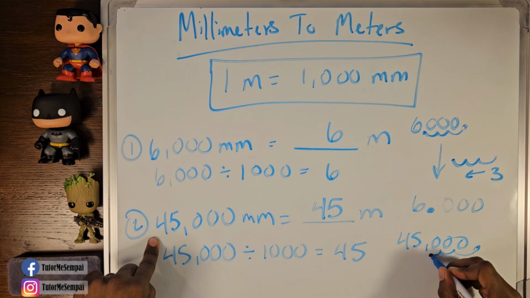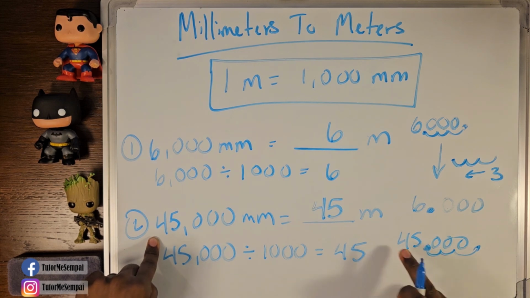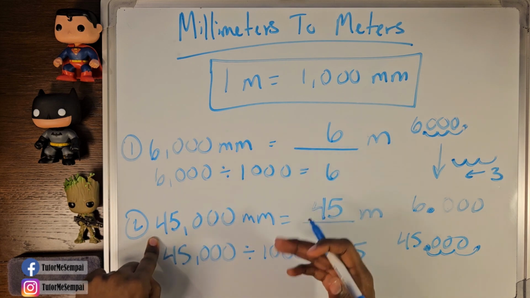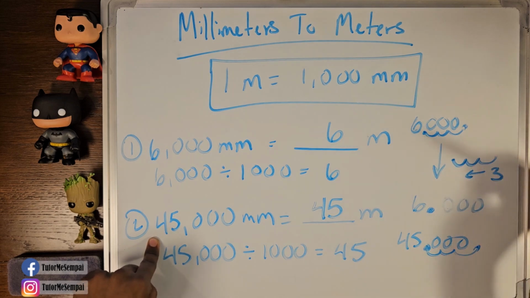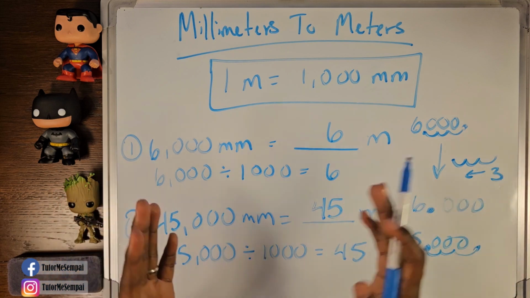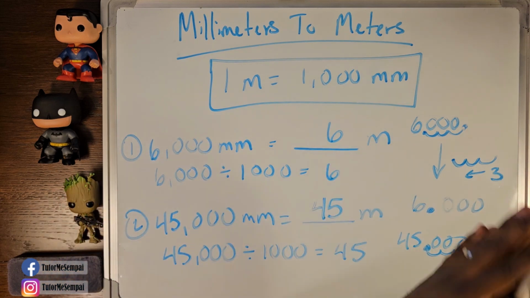Move it over 3 spots. Now you have 45, which is exactly what we have here. So instead of having to do the whole division here, you can use a shortcut and move your decimal over 3 decimal places. But now that we've covered how to go from millimeters to meters, let's go back from meters